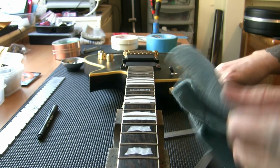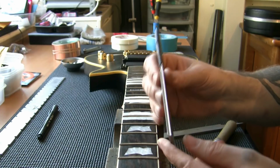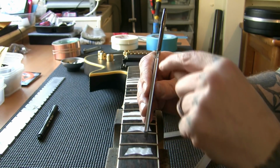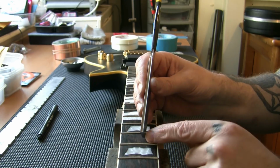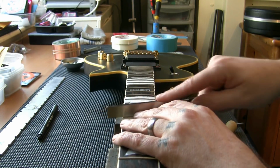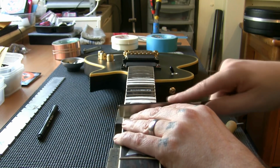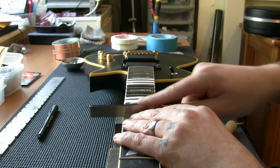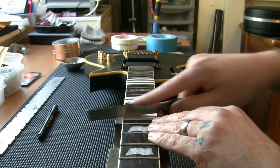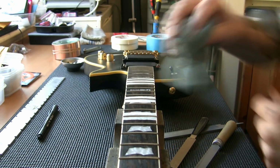Now what I can do also is I do have another profiling file, and this is an even better one. This is a fine grit. It is actually encrusted with small diamond particles. It's what we call a diamond file, and this will more or less half polish and half cut, and this will just basically remove any burrs that you can't see with the naked eye. And so delicate. I'm not putting any weight on there, I'm just letting the file do the work, and that is it. And that is that fret